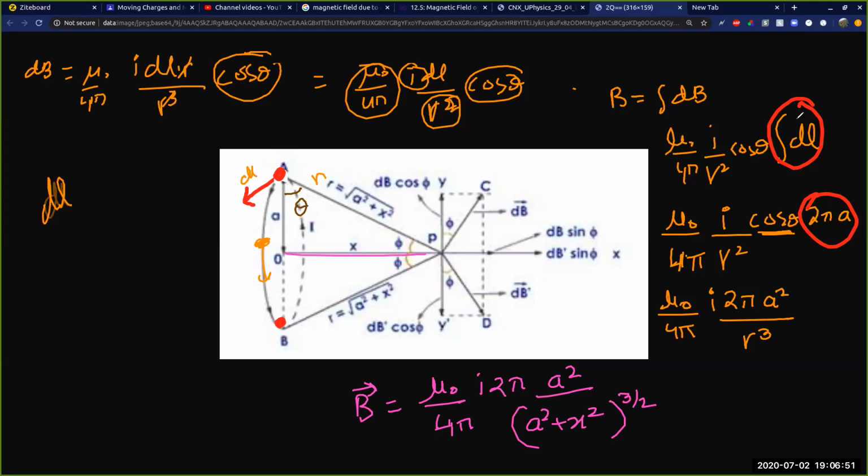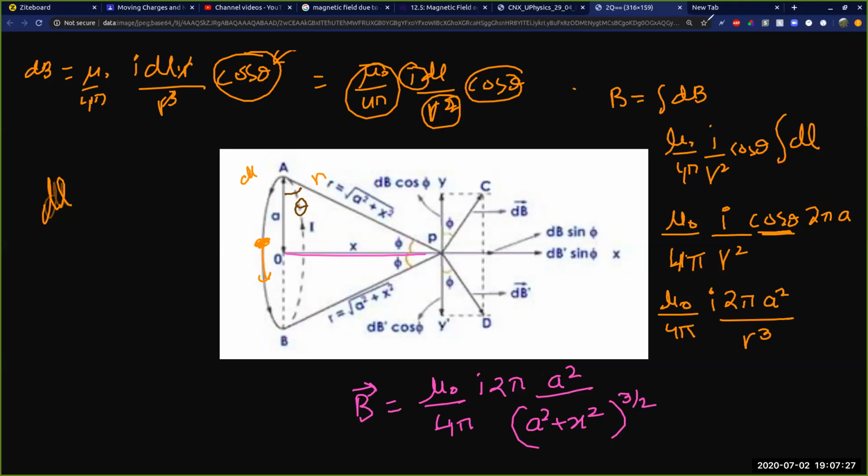But I'm integrating here. Up to where did I integrate dl? 2 pi, I integrated over the whole circumference. If you want to write 2 here, then I will not have to integrate over the whole circumference, I'll integrate for half of the circumference, because you're already taking care of these two diametrically opposite points every time. I'm integrating from 0 to 2 pi a. If I'm doing 0 to pi a, then you can keep a 2 here. Okay, fine. I got it.